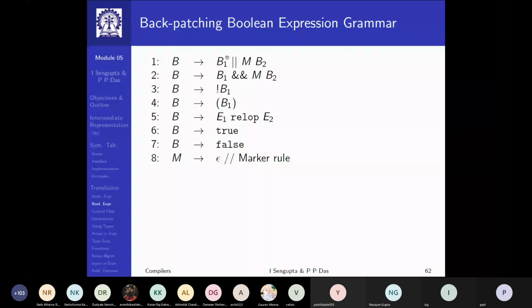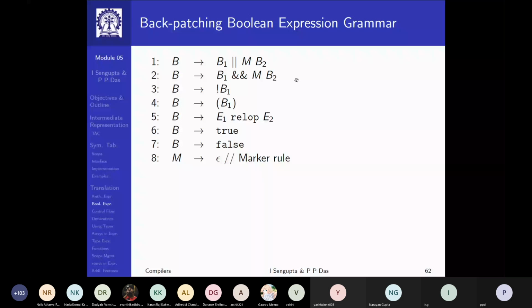And then you go on to reducing for B2. Now the problem is, when you have translated B1, what should you do if B1 is false? You should evaluate B2. What should you do if B1 is true? You should jump over, not evaluate B2.